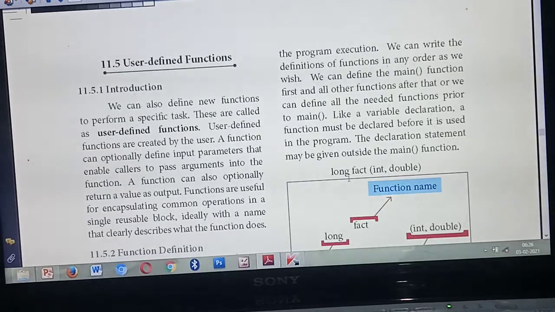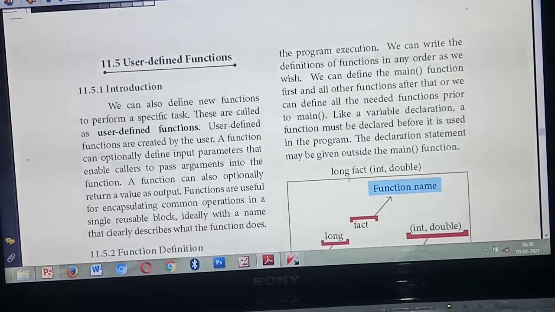But the declaration statement is always given outside of the main function. In the previous examples you studied, after the main function you will give int a comma b, then functions, likewise a lot of things. A program will have only one main function, so you can use any number of functions, but you should use all of them after the main function.